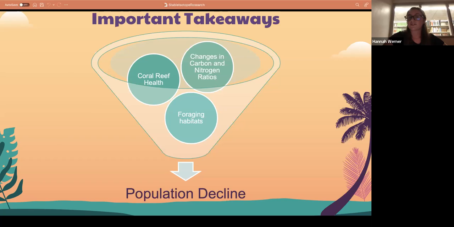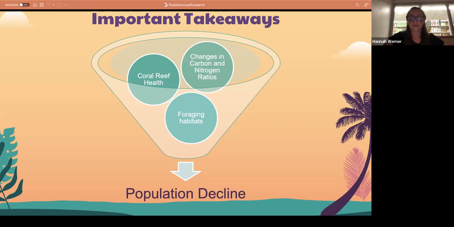And then looking at our nitrogen ratios, it again goes up, so that's a change over time. Our hypothesis said we shouldn't have seen a change, but we did. So that relates to our foraging grounds as well. Coral reef health has been a big thing in the news for the past few years. It's been changing rapidly. Since our turtles usually stay in those coral reef areas, if those areas are changing and their environment is changing, then overall we can assume that their foraging habitats are changing as well.